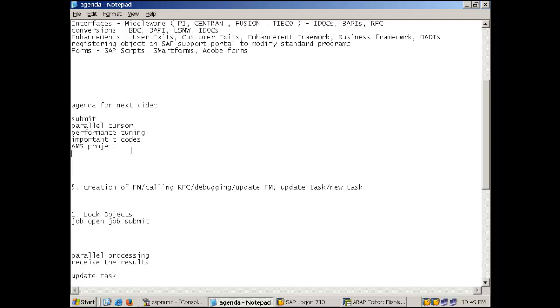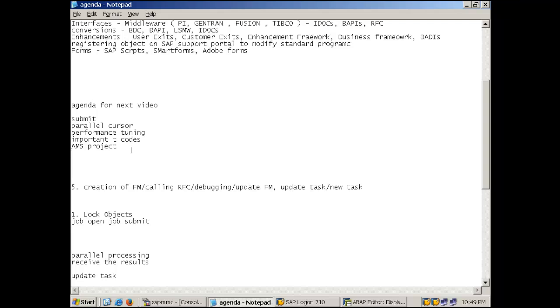Some people call it AMS, some call it ASM, application support and maintenance. It all depends. The person who pays for it can put any name, it doesn't matter. It all depends on your client. But AMS is the more appropriate and standard wording which I have heard in my career of more than 11 years. So AMS is nothing but a support project. Now,